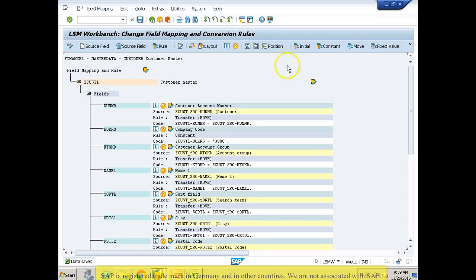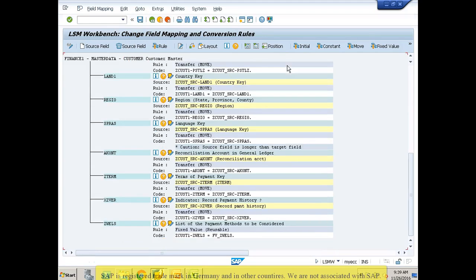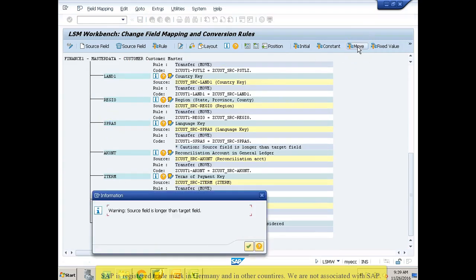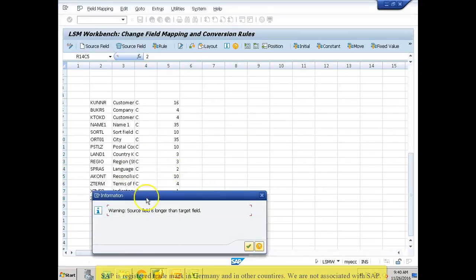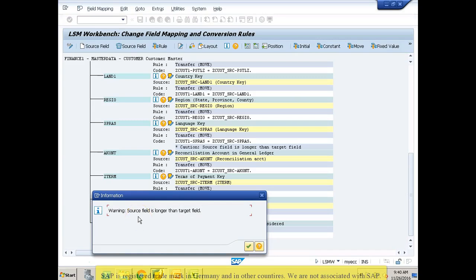And there is another field, move here. For long ways I will use this one, move. Source field is longer than target field. So what is the field length that we have assigned? Let me see. In the Excel sheet for long ways we have assigned 2. This one information message is coming